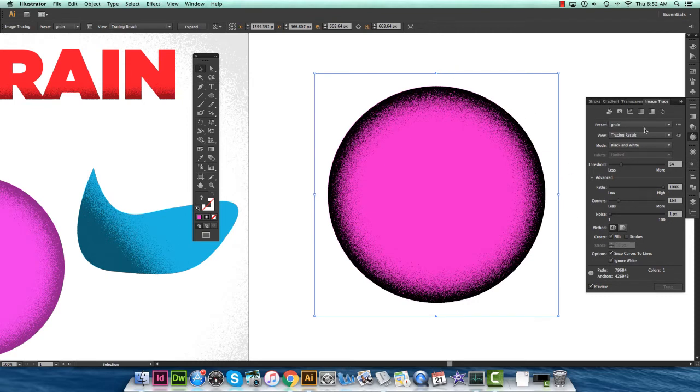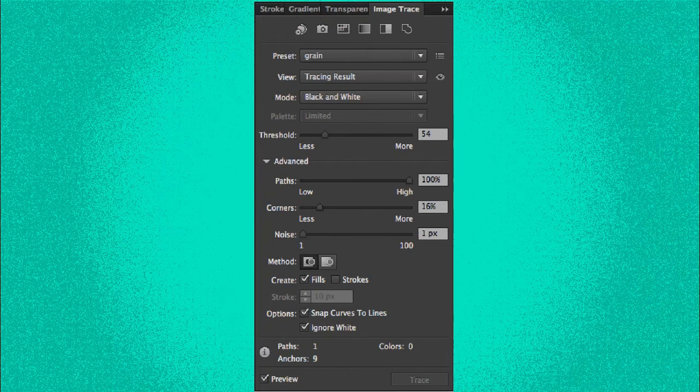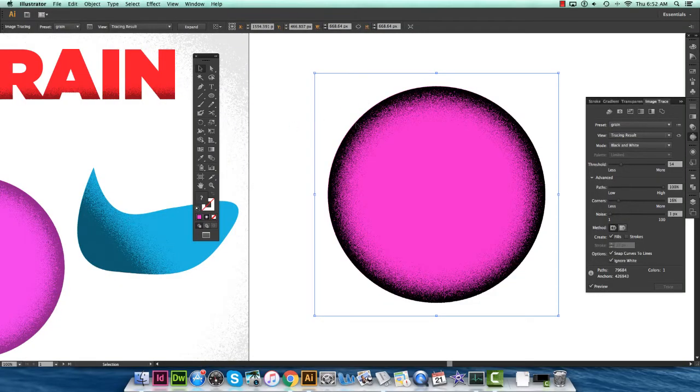grain. What I'll do now is show you guys what settings I use so that you can mimic that and create the exact texture. What you're seeing on your screen right now is basically this Image Trace preset that I've created, and it works really nice for grains, as you can see now with this shape. So